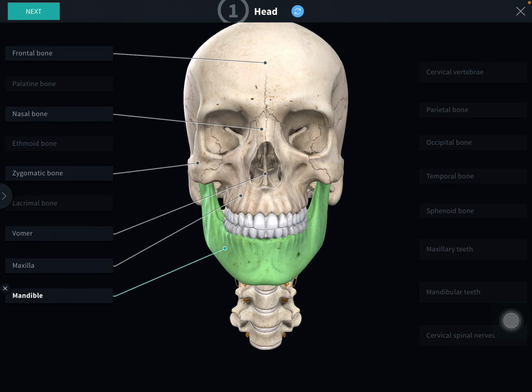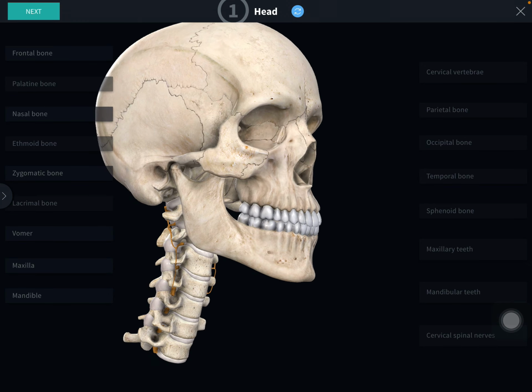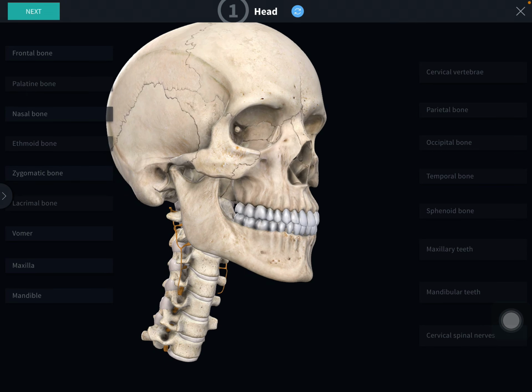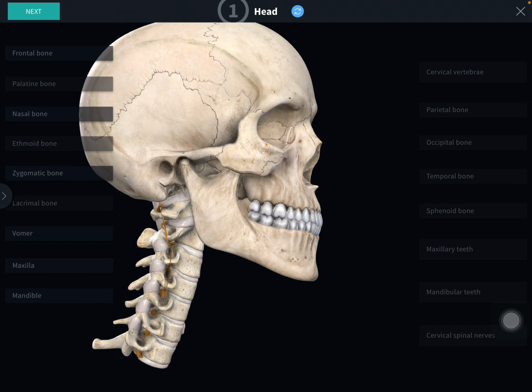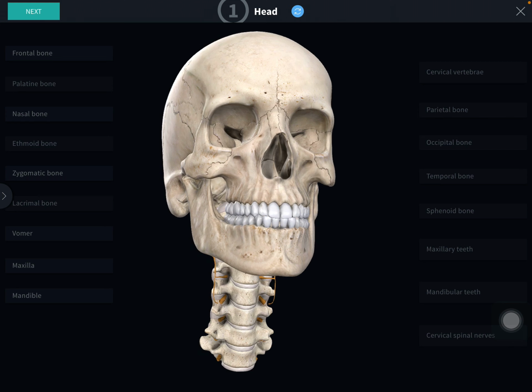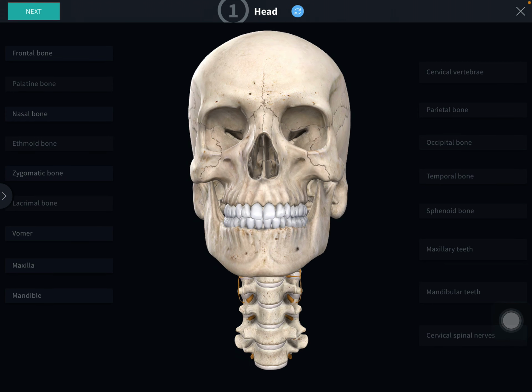Mandible. We have covered the mandible in the last class as a separate video. You can see that for the details. Mandible has a ramus and a body. In the upper part of the ramus, we have the coronoid and the condylar process. And the two bodies meet in the midline to form the mental protuberance.